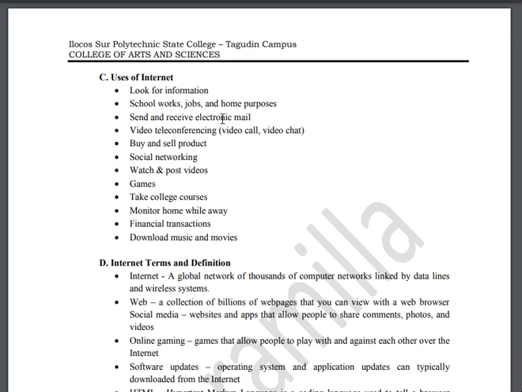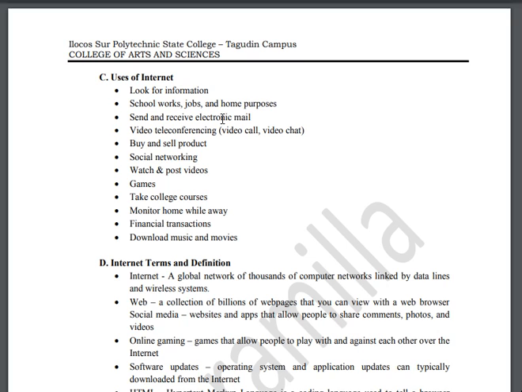Social networking. Through the use of our social networking accounts, like our Facebook, our Twitter, our Instagram, Tumblr, bakit iba-iba yung mga ginagamit natin? May WhatsApp, may Viber, may Telegram, para magkaroon tayo ng communication sa ating mga friends, sa family, sa classmates, sa teacher, yan. And then, pwede tayo makapag-update on what's happening in our lives,